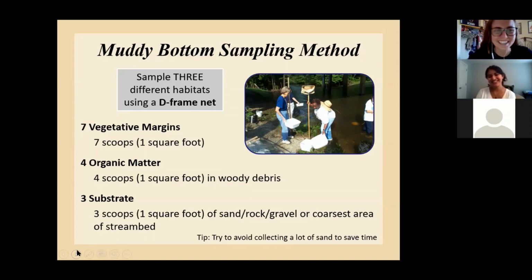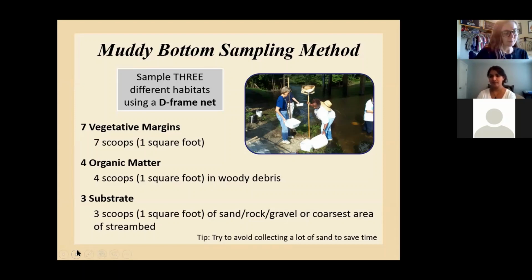Elutriation, thank you, Jenna. Elutriation is a really cool technique when you're taking substrate samples in a muddy bottom stream or in an area with really fine sediment, because we're sampling that fine sediment and it's all going to get stuck in our net. It's not going to wash right out with the water.